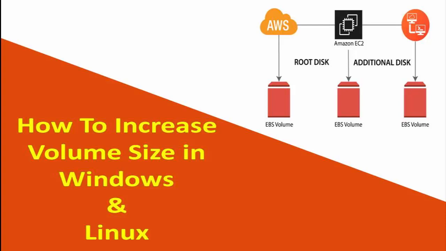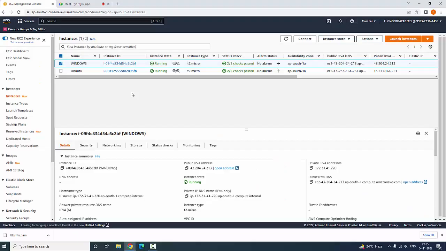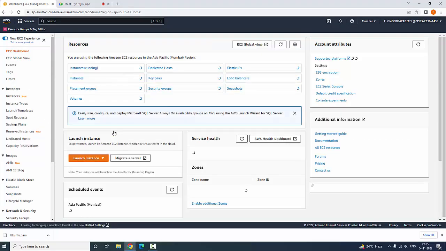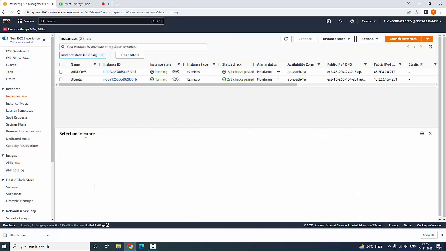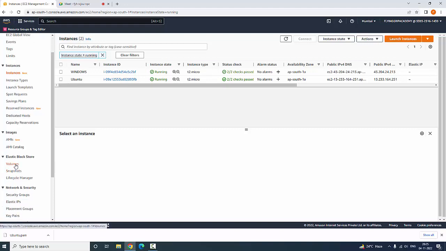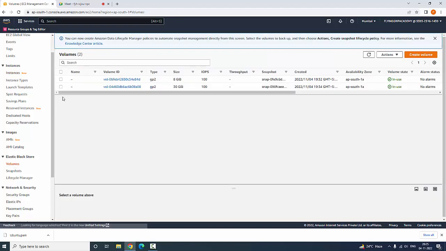Today we are going to discuss how to increase volume size in Windows and Linux in EC2. So now I have gone to the EC2 dashboard. Here the total instances running are 2. Now if I click these instances, we are having Windows and Ubuntu. So here if you click the volumes in Elastic Block Store, each and every volume is